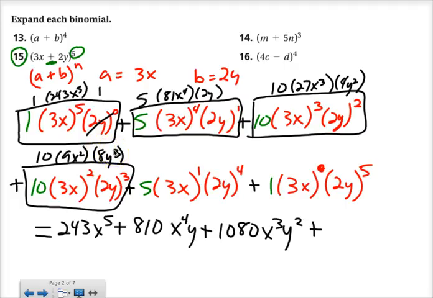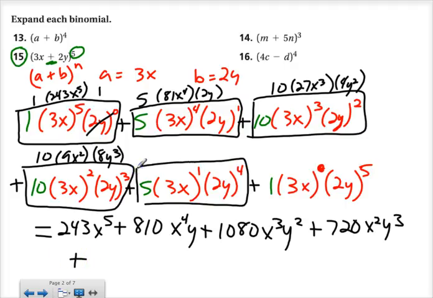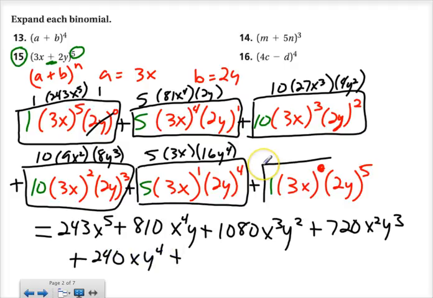So we really have 10 times 72, which would be 720 x squared y to the third, plus, next term, 5, 3x to the first is 3x, 2y to the fourth is 16y to the fourth. So we really just need a 15 times 16 here, which is 240 xy to the fourth, plus, last term,